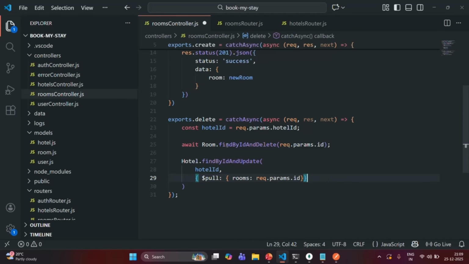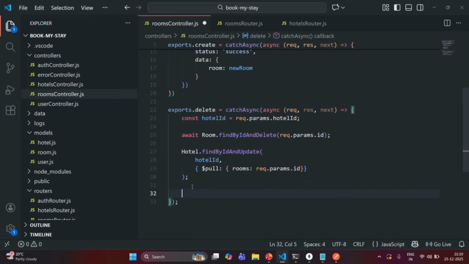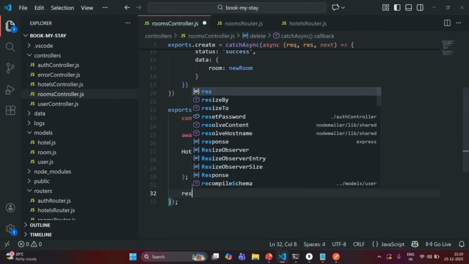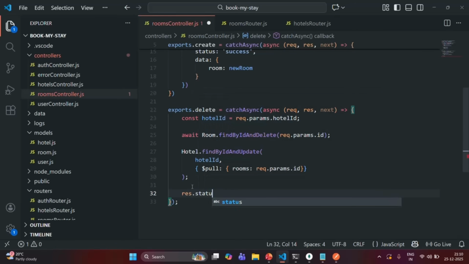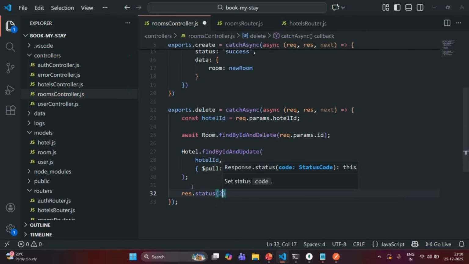Alright, so first we are deleting the room document, and then we are updating the rooms array in the hotel document. And from that rooms array, we are removing the ID of the deleted room. And finally, we are going to send some response. So for that, let's say response dot status. Status here I'm going to set to